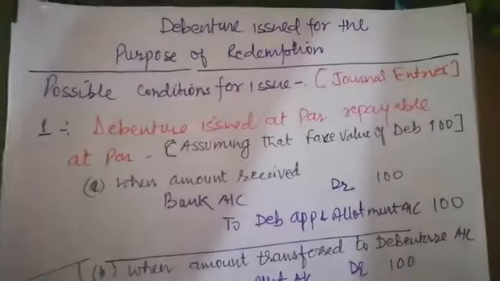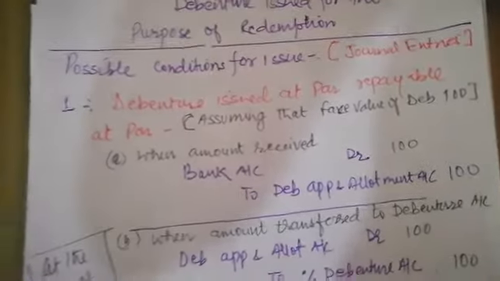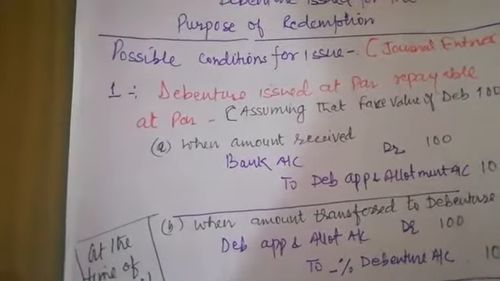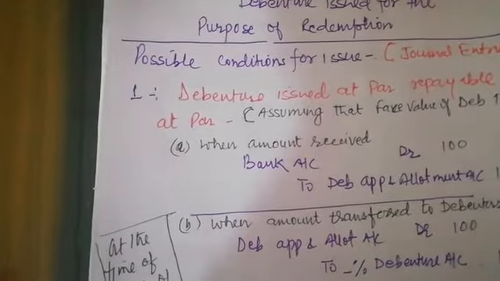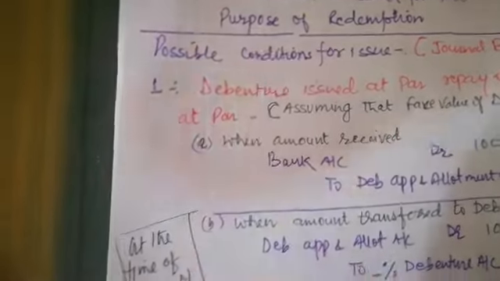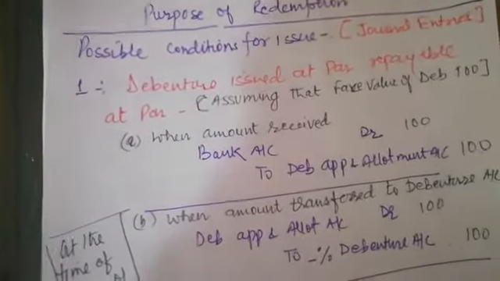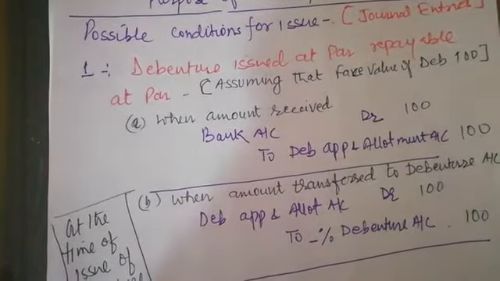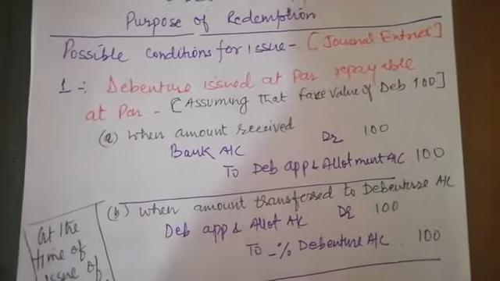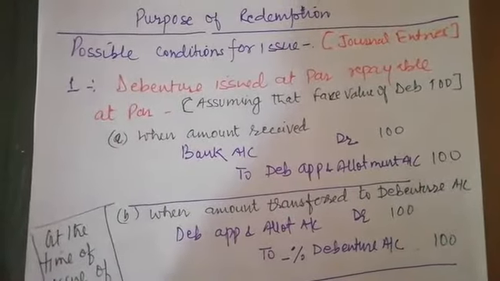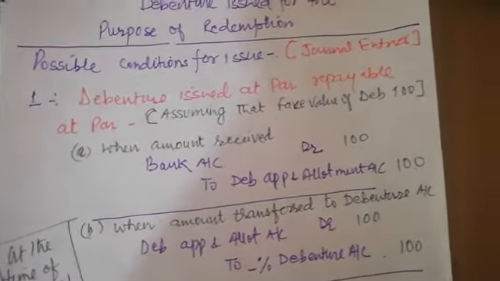Okay, as we have discussed in the first part of debenture issued for the purpose of redemption, we have discussed 6 conditions for issue of debentures, because debentures can be issued at par, at premium, and at discount, and debentures can be redeemed at par and at premium. So here are the general entries, or the accounting treatment, for the debenture issued for the purpose of